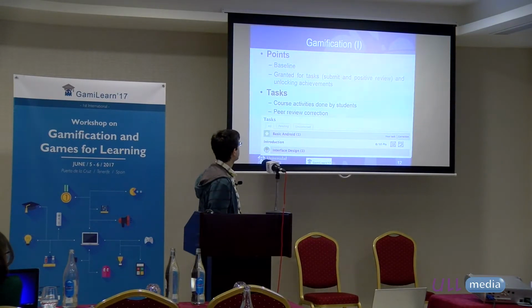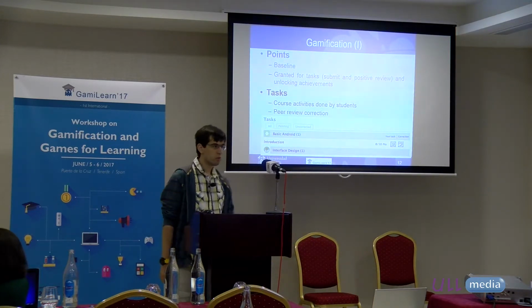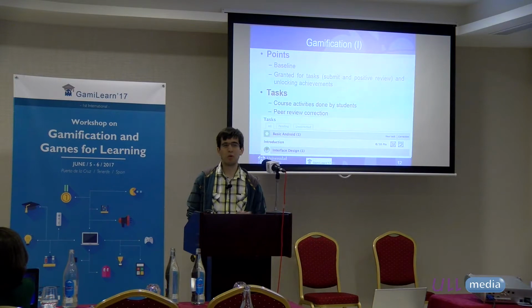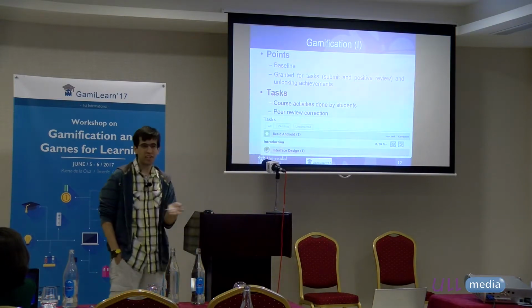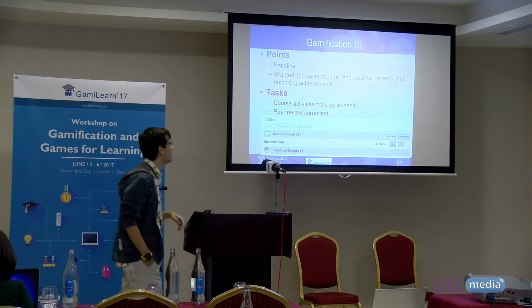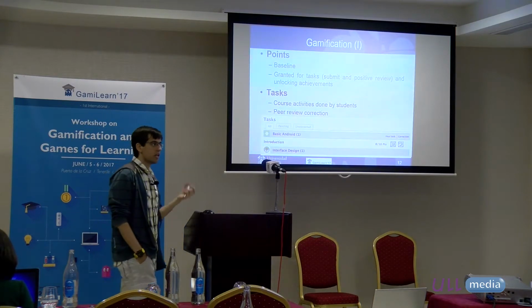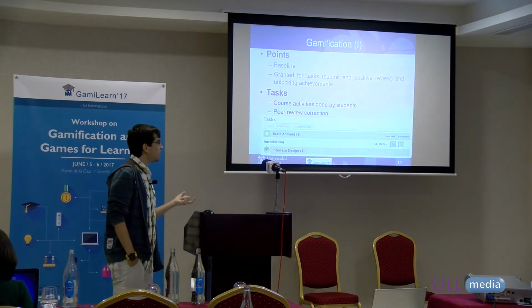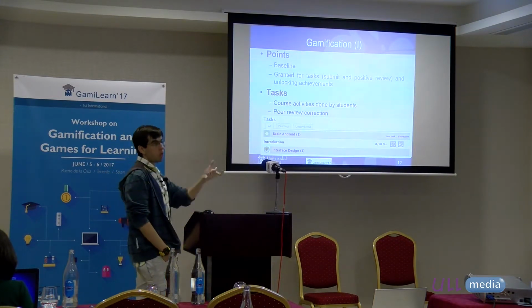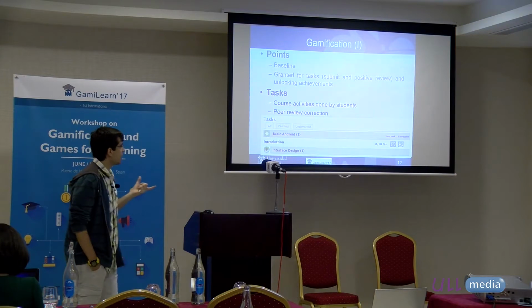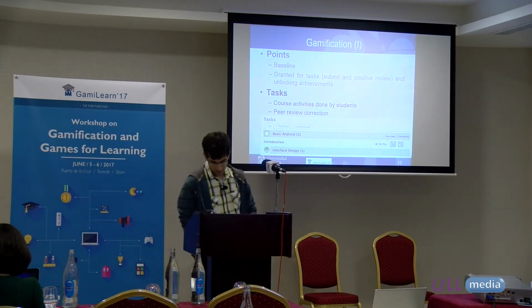And the special characteristic of these tasks is that the correction is done through a peer review made by other students, like when we upload a manuscript to a conference or to a journal, we have a peer review correction. Here the peer review correction is assigned randomly to another student that has submitted the activity, and the correction is done double blind between the students while the review. After the review, the students know who has corrected each one.